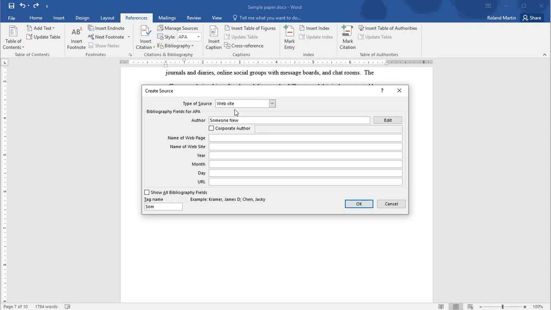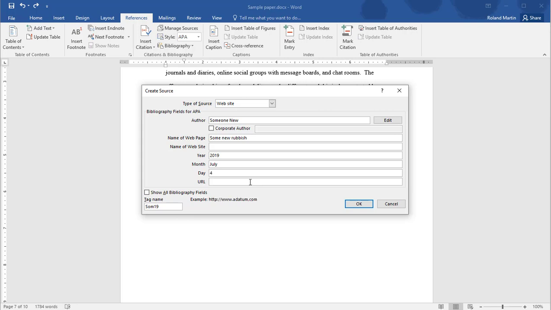And this is a website which I can choose a book if I would like. And let's just say the name of the page is Some New Rubbish. That's my web page I'm on. I got it in 2019 is when I visited it and retrieved this information. Let's say we use July and the day was the 4th, and the URL,